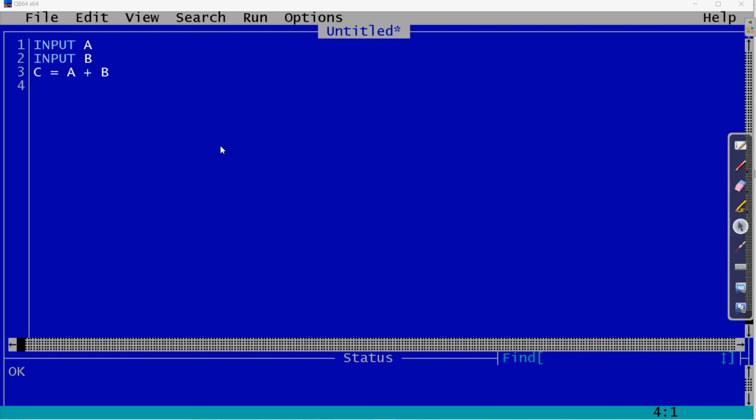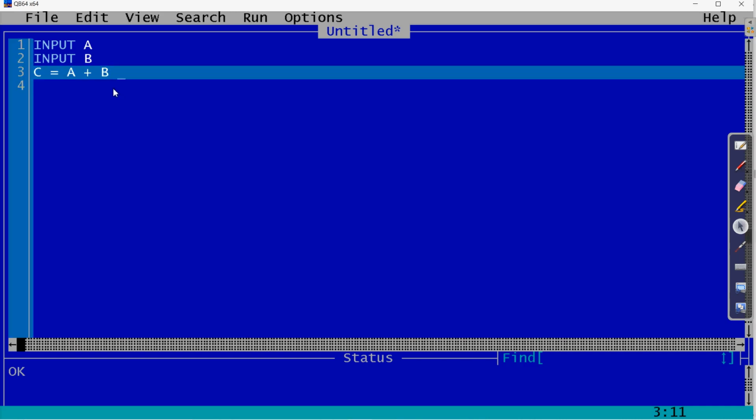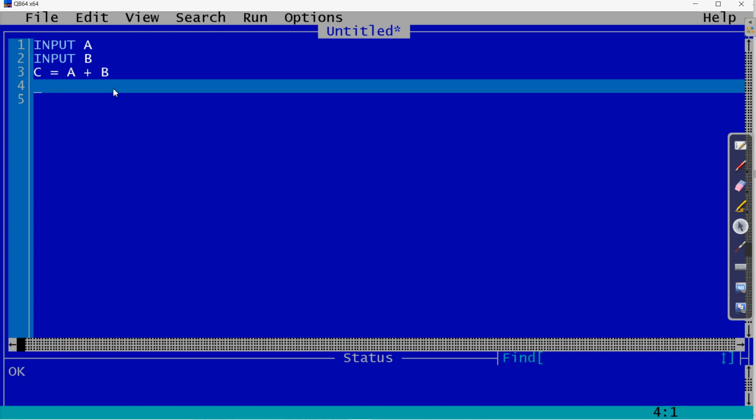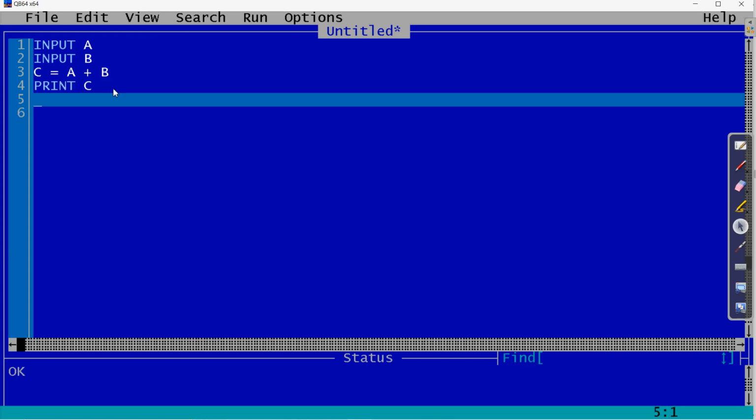Now we were writing the program that takes input A, then input B, C is equal to A plus B, and after adding these numbers we want the output to be printed, so we will use the print command. Which variable will be printed? C is having the sum of A and B, so print C. Then we can use the end command for terminating the program. Clear? So this is the program which we wanted to write